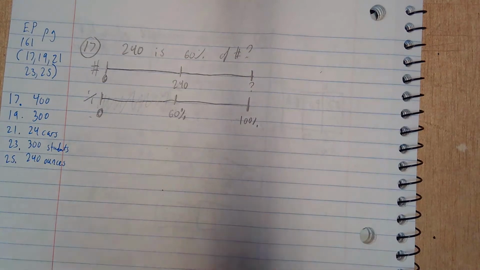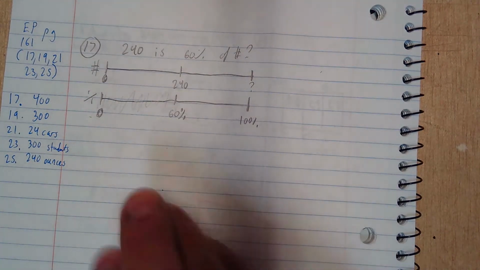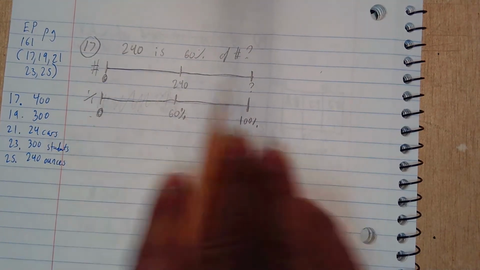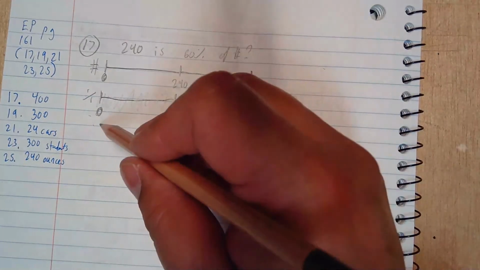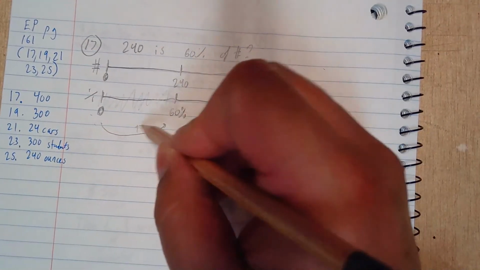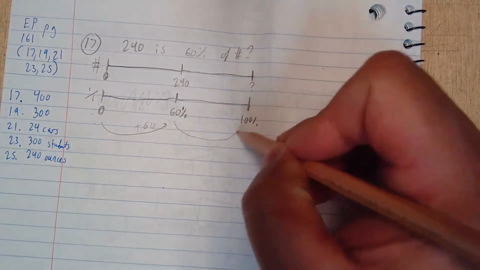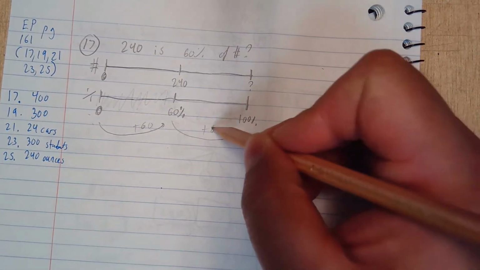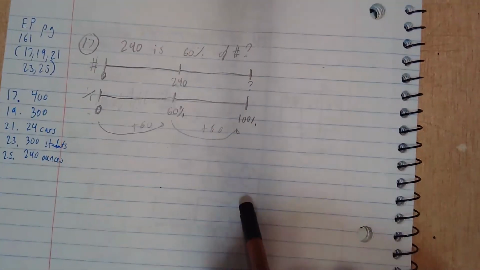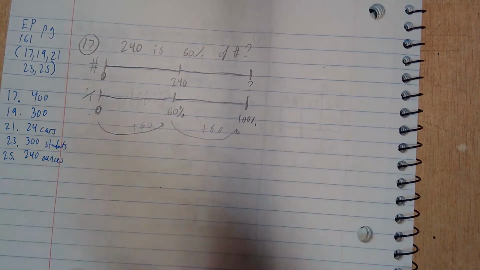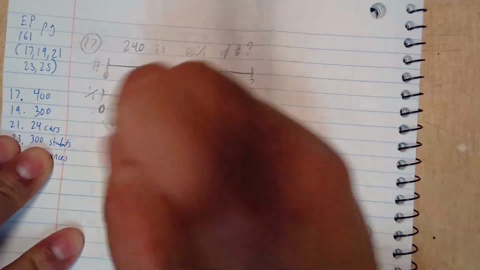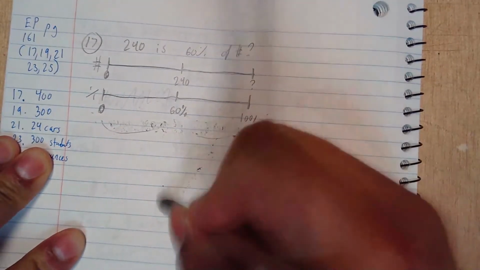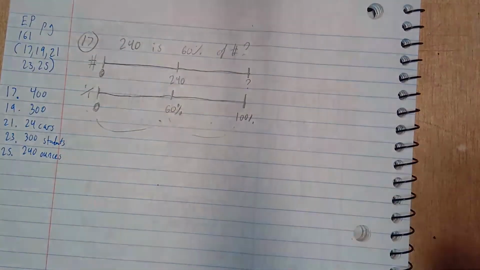Okay, now here's the part where we have to do a little thinking. We have to break up this percent bar. Why do I say that? Because I can go from 0 to 60, that'll be plus 60. But if I add 60 again, it goes to 120. That's more than what I have. I only have 100%. I only have 1 of this thing. So it's not 60. You have to skip or cut the bar, the line, into groups of something smaller than